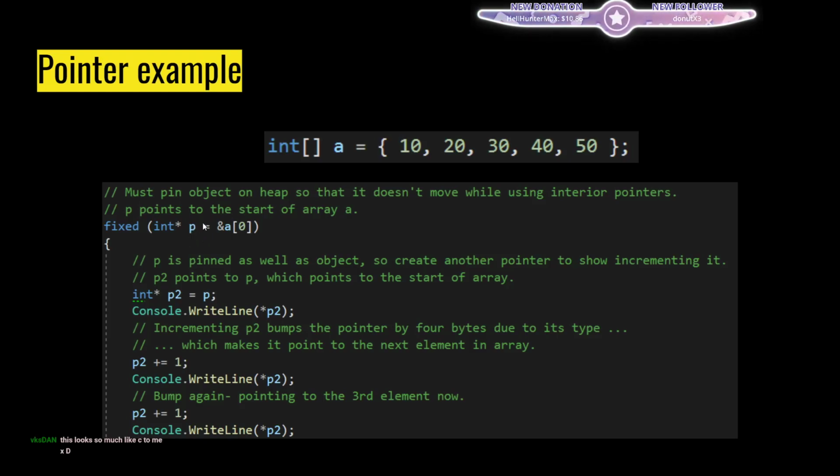But if you want to change something, like if we want to iterate through elements of this array through a pointer, we need a new pointer. So our new pointer points to the previous pointer, but by modifying this pointer, we don't affect the first one. So by modifying P2, we don't affect P. If I write P2, it prints the first element in the array. If I increment the pointer,